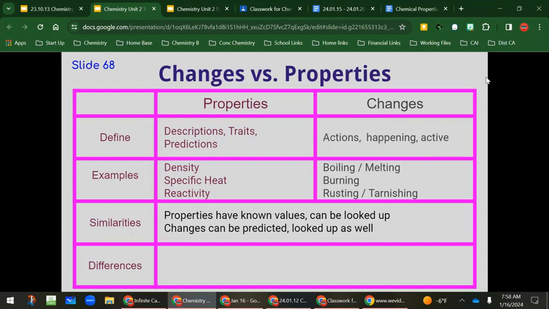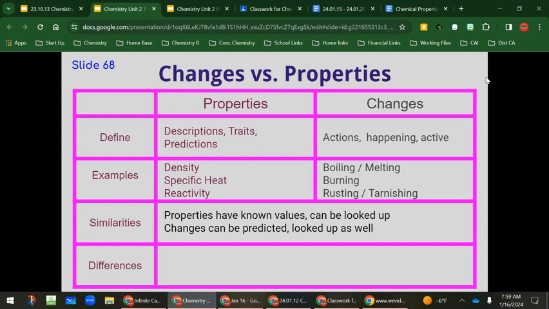You can even look up chemical properties. This table over here, ladies and gentlemen, is called solubilities in water. This table says that if you mix aluminum with each of these things, it will tell you if it will dissolve or not. If it will dissolve, that means that there is no reaction with this substance in water. If it is an I, or insoluble, that means that it will react with that substance. It will create a precipitate that will settle out to the bottom of your container. A precipitate is one of the 4 signs of a chemical change.